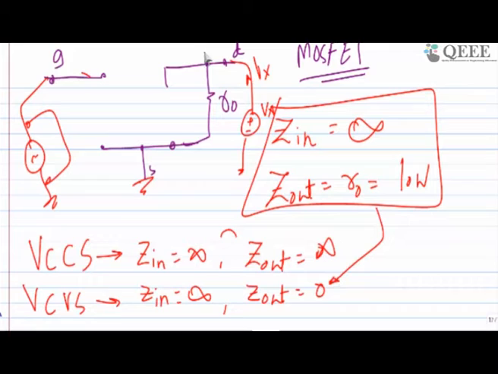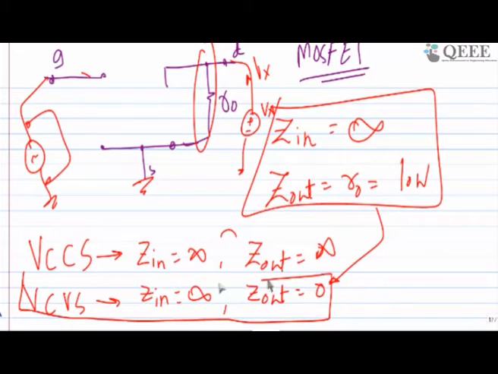If you assume that there is R0 in parallel, it's similar to base width modulation or the early effect voltage. It's called channel length modulation in MOSFET. If you consider that effect, it becomes a voltage controlled voltage source. If you don't consider it, it becomes a voltage controlled current source. Although it is debatable over here also, the majority of people call the MOSFET a voltage controlled voltage source, not a voltage controlled current source, because they always consider this one.